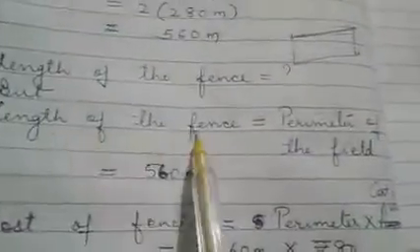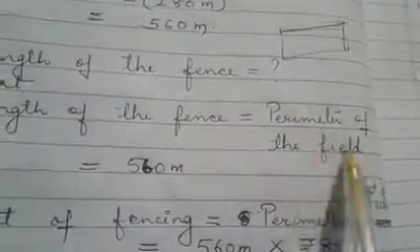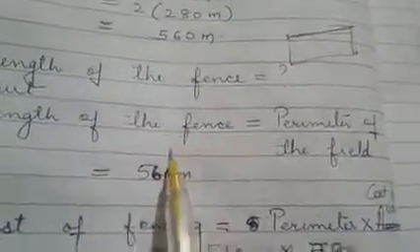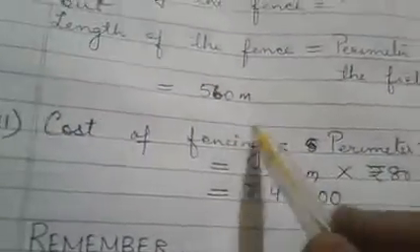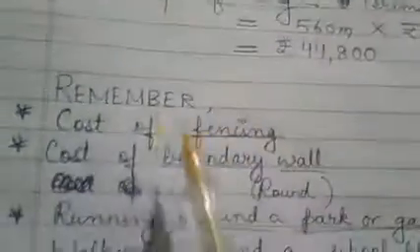Okay, so what you have studied in this is that the length of the fence is equal to the perimeter of the field. The length of the fence of the field is equal to the perimeter of the field. The length of the fence of the plot is also equal to the perimeter of that particular plot. Okay, and whenever these words fence come, see, remember,